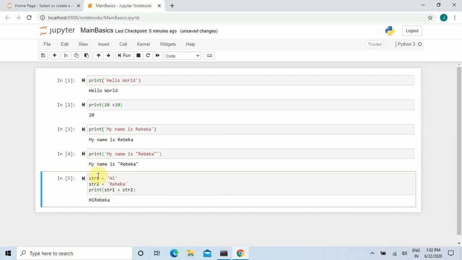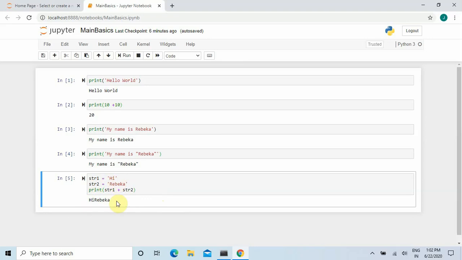Now if you run this code, yes, this is the actual output that is generated. str1 is hi, str2 is Rebecca, and if we print str1 plus str2, then it will produce the output as hiRebecca. You can see here that there is no space in between hi and Rebecca.